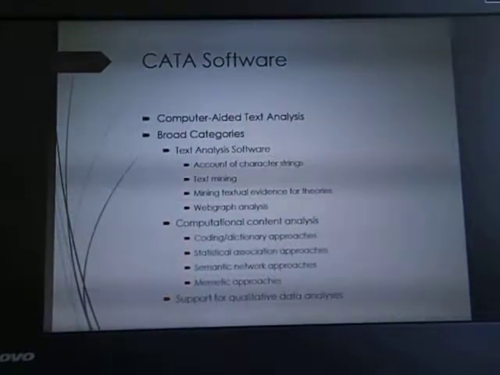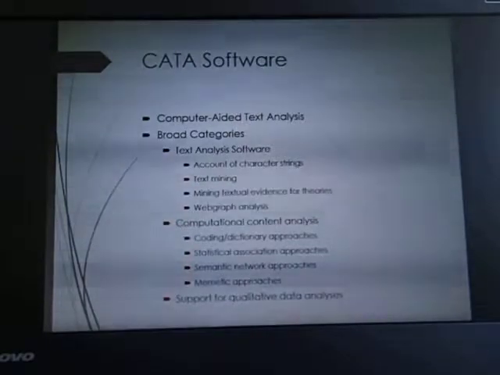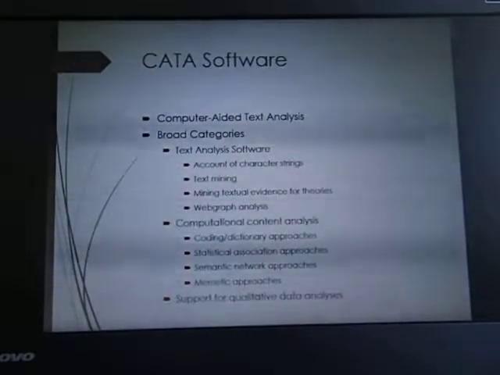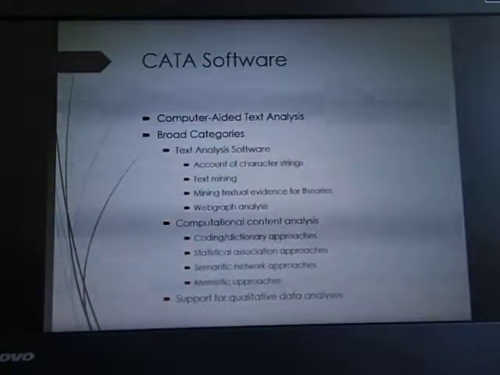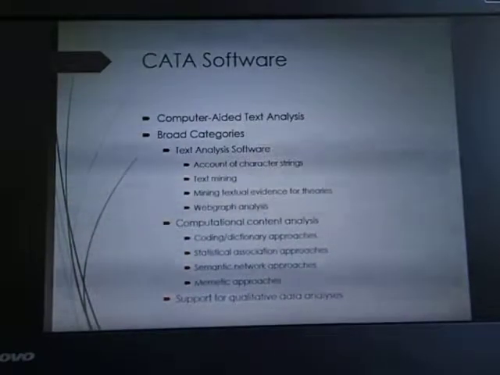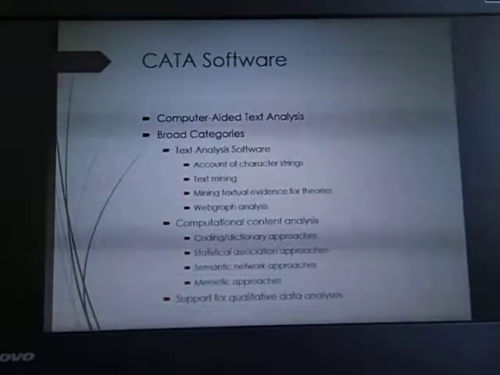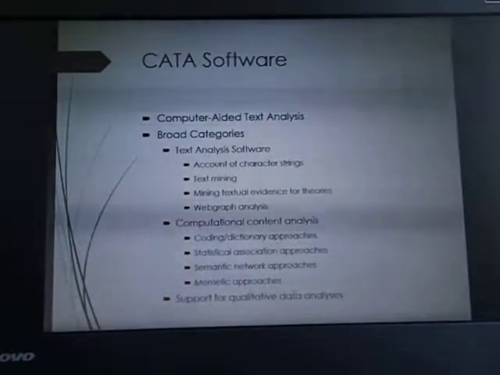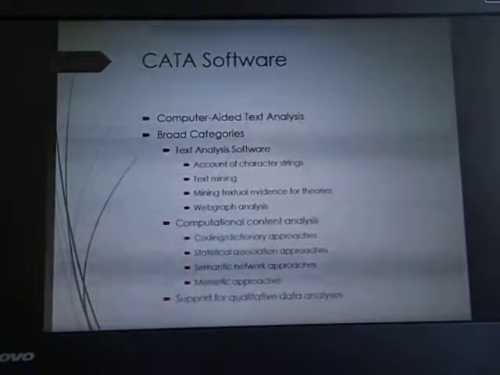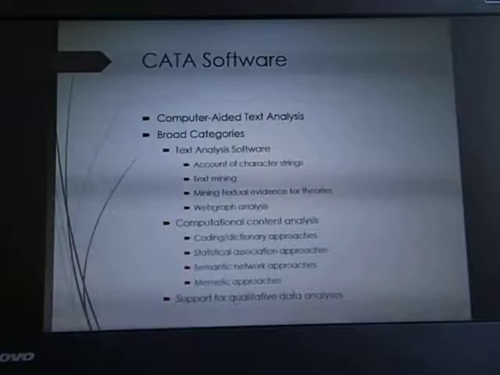In computational content analysis software, these ones actually go a little deeper into their analysis and into the use of the software. So these ones actually process text according to the theories of the meanings that are presumed to operate within the context of the analyzed text. So in coding and dictionary, we are listing character strings as words and categories of what they have in common. With statistical association approaches, we're counting how often people communicate with each other, or how often a particular phrase occurs, or how often the meaning occurs in the